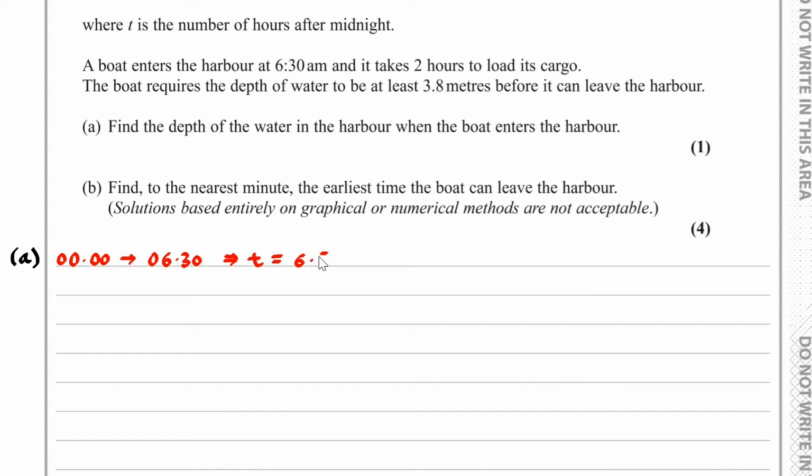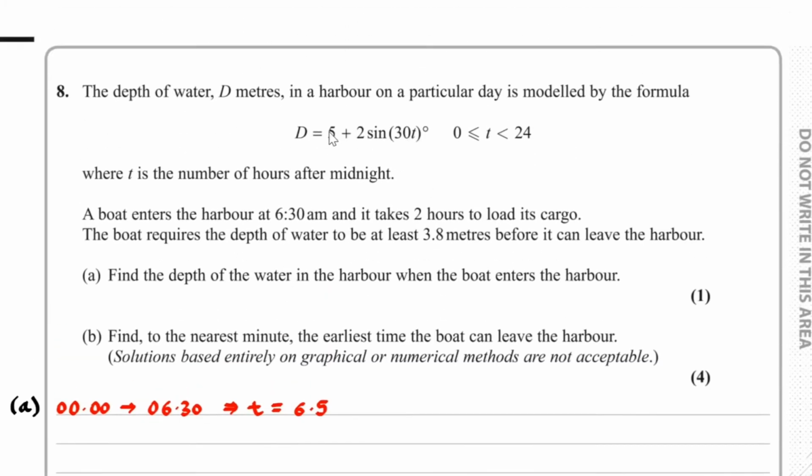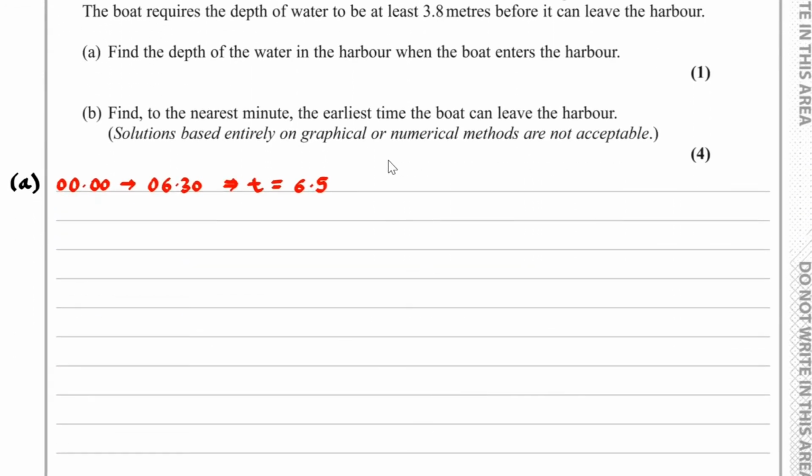And so what we would have to do is substitute t equals 6.5 into d, and that will tell us the depth. So when t equals 6.5, d is equal to